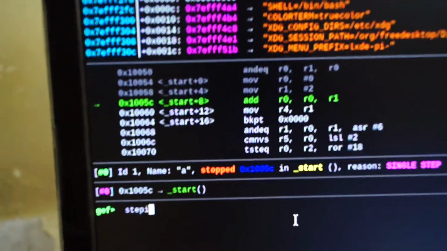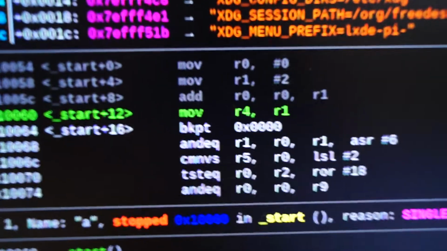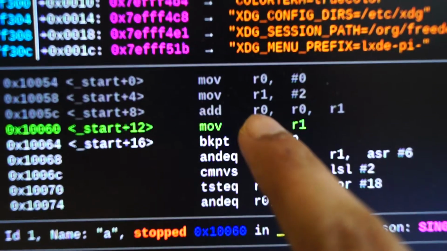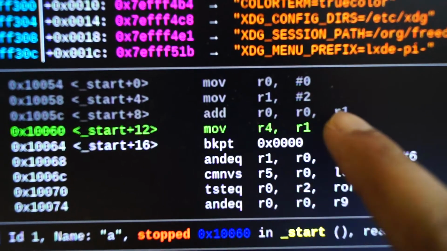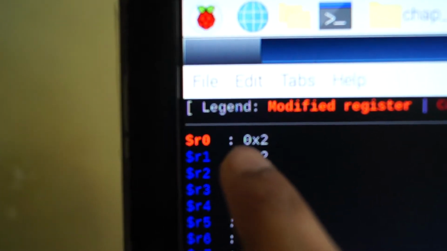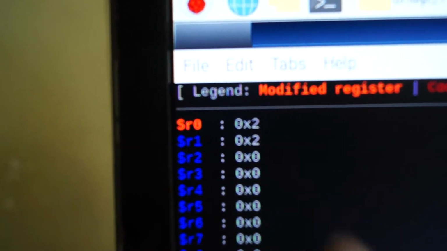Okay, now we will step through the instructions one more time. So the instruction was adding R0 and R1 and put the result into R0. Okay, so it has added R0 and R1 and put the result back into R0, which is number 2.